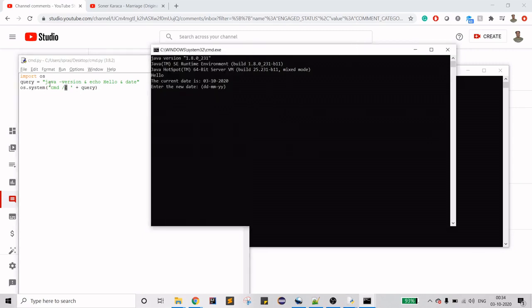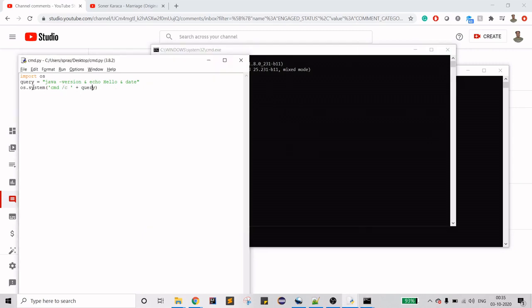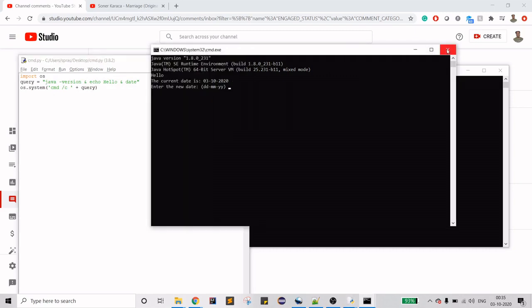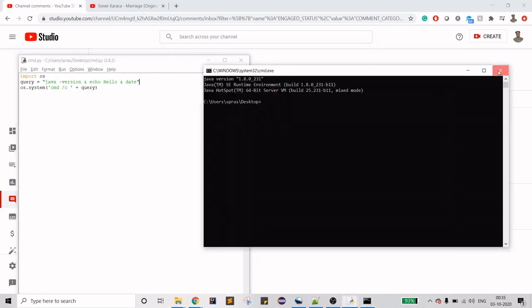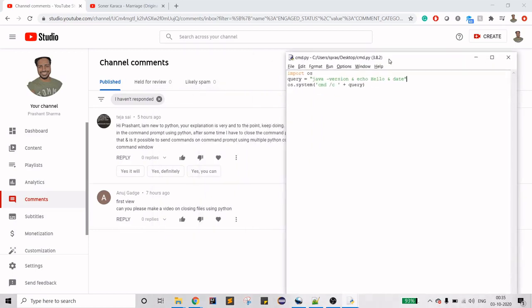So that's what was wrong. So as you see here, you have a query variable with the entire string concatenated by the AND operator, and you have multiple commands here. So this is your second question, Teja, which is this solution.